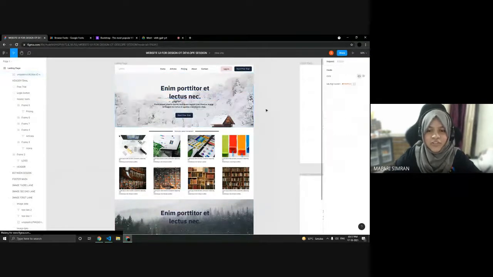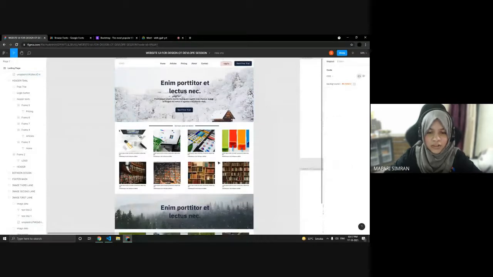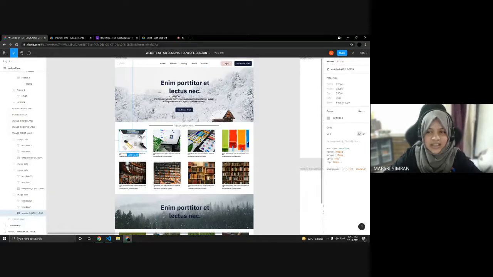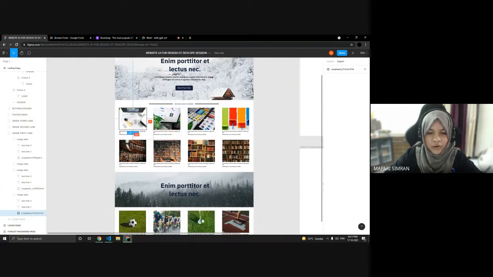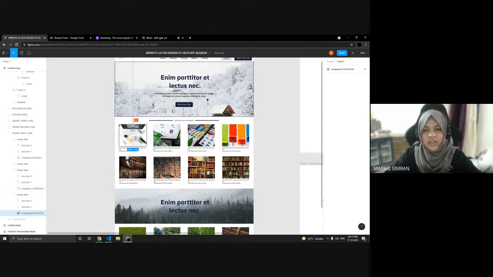And now, if you want to use the photographs in your development part, you can export those as well from Figma. What you have to do is just select that photograph, and after the inspect section there is an export option, so you can download that as well. And if you want each and every photograph in just one zip file, you can get that as well.